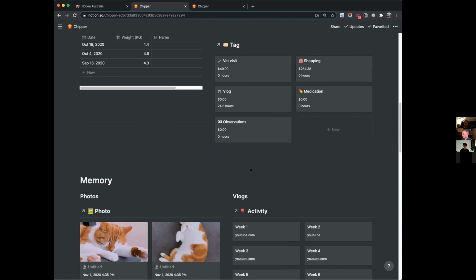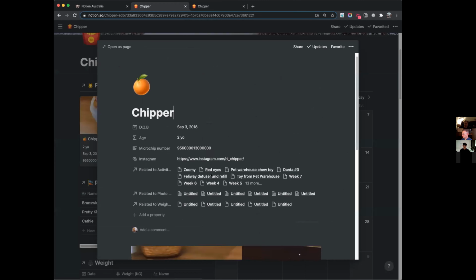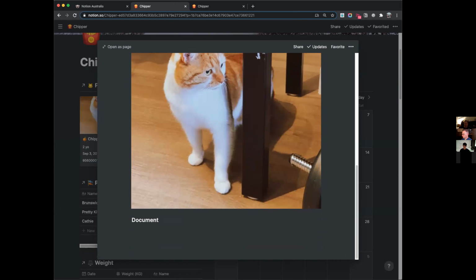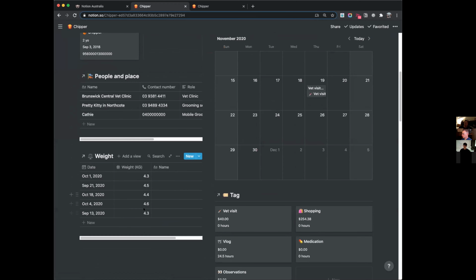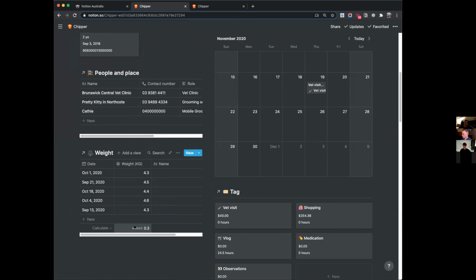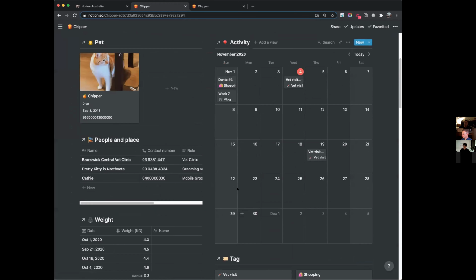We've covered basic information. You can include his documents here. We've got all the key contacts. Basically, you can quickly grab the phone by clicking on the phone icon. You've got a little weight. I can see the range. And maybe you can have a key metrics section for your pet if you want to.